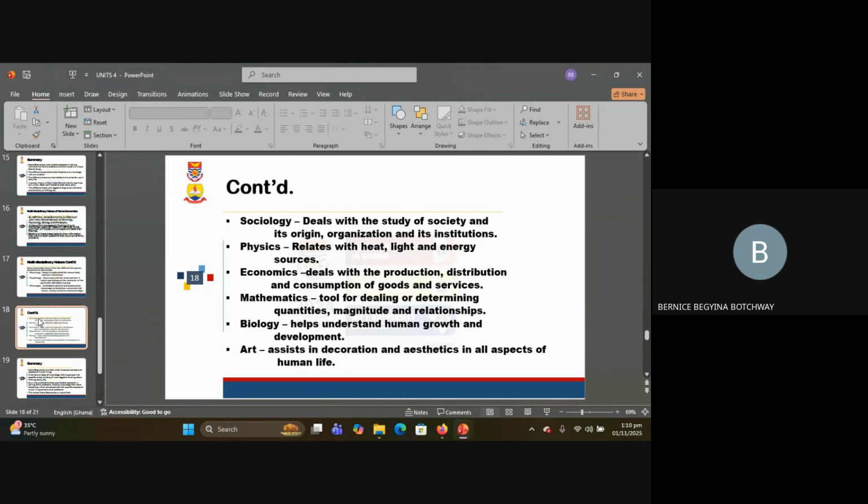So the interrelatedness and the multidisciplinary nature of home economics is such that it helps us to be all round. This knowledge will influence how you go about your daily lives. Daily life doesn't just center on food and nutrition, on clothing and textiles, or on management. We are exposed to all these, so that when life meets you with this, your knowledge in home economics will help you to overcome those challenges and struggles, and live the fulfilling life that we want every man to live on his days on earth.